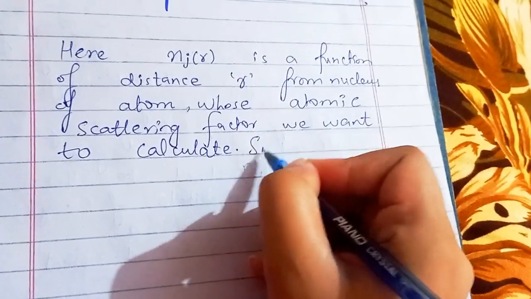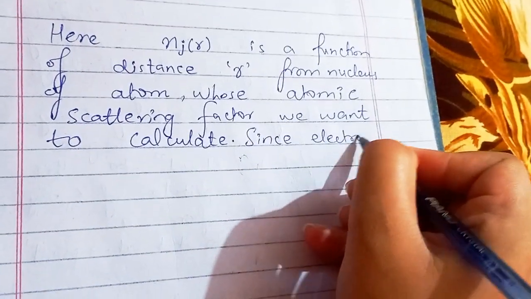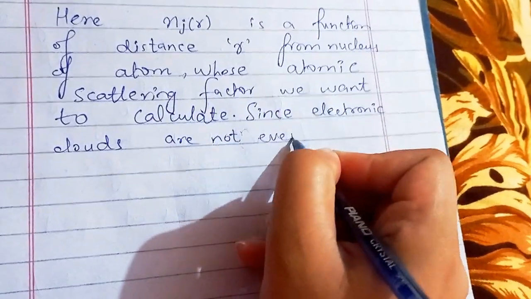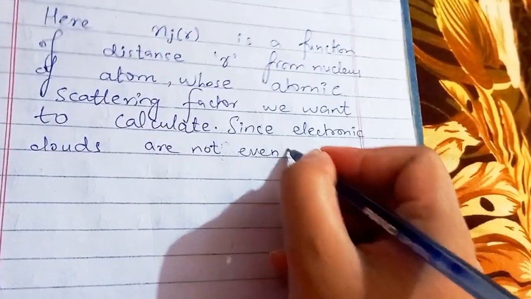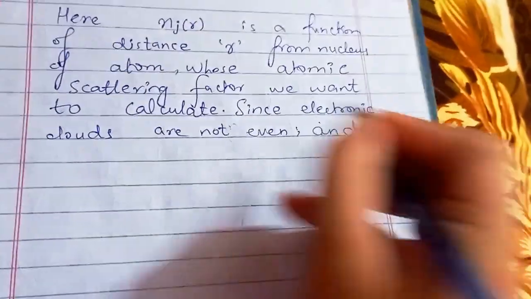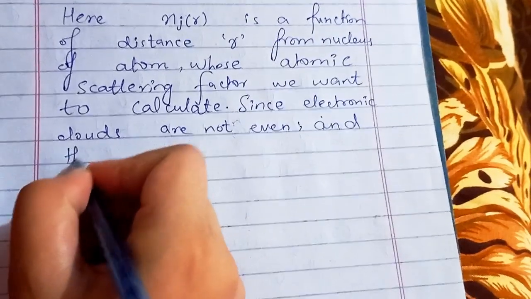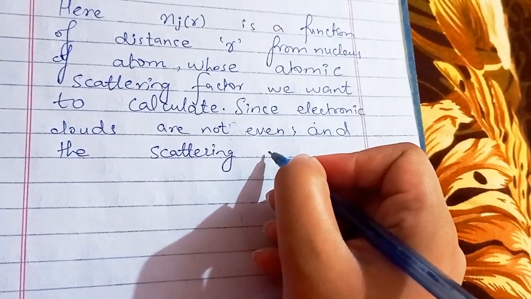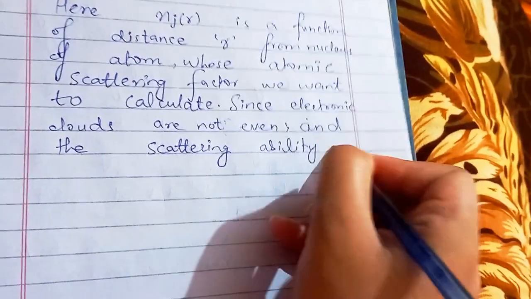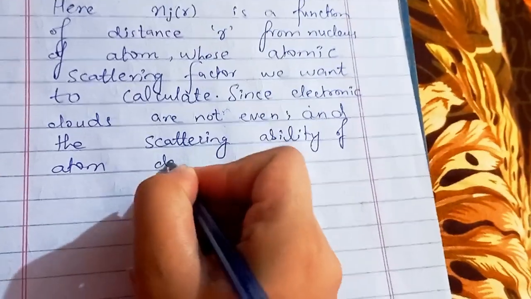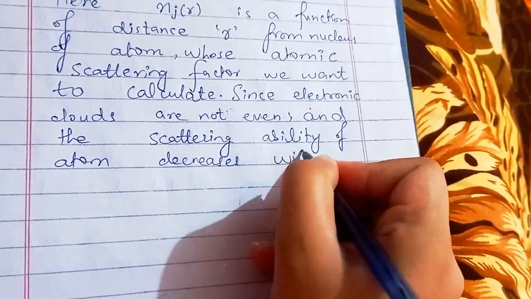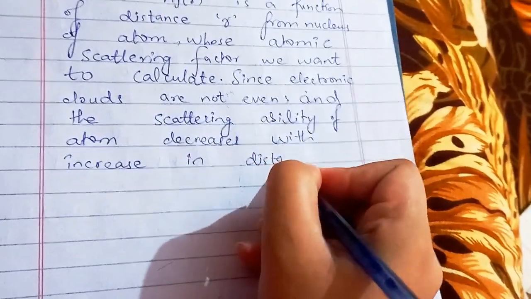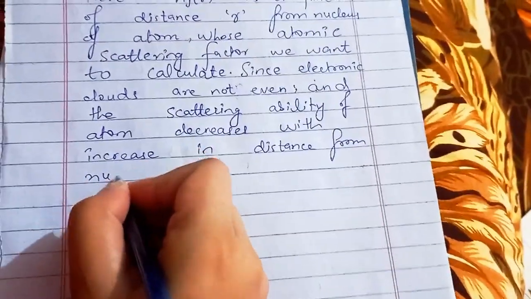All right, since electronic clouds are not even, the scattering ability of an atom decreases with increase in distance from the nucleus, until